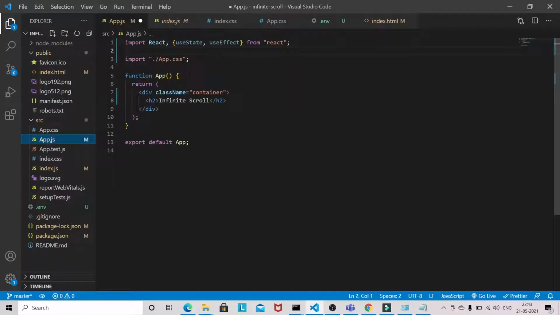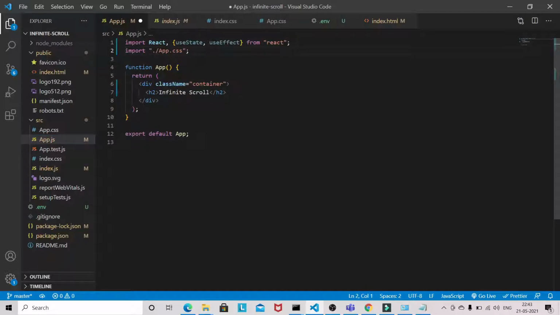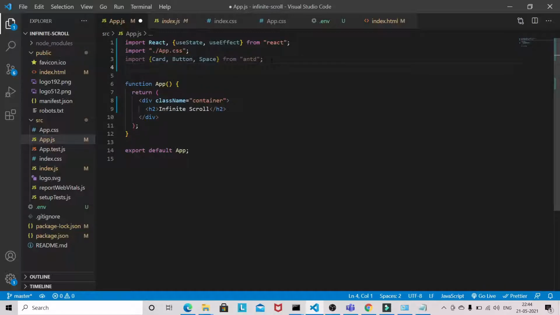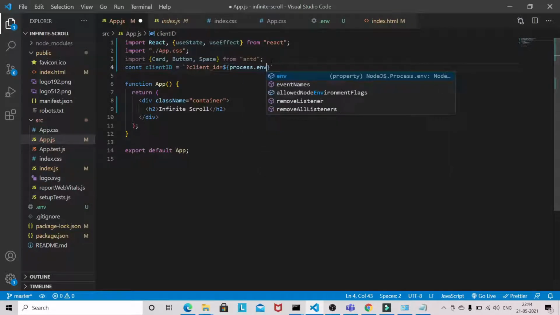Now we need Card, Button, and Space from Ant Design. Then const clientID is equal to process.env.REACT_APP_KEY.